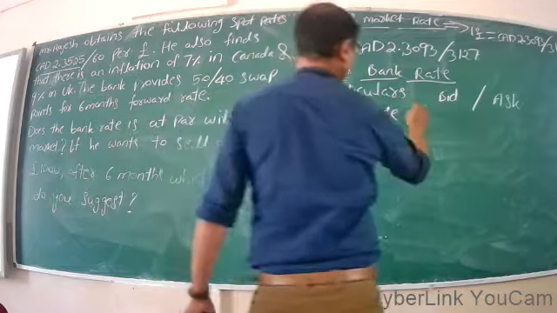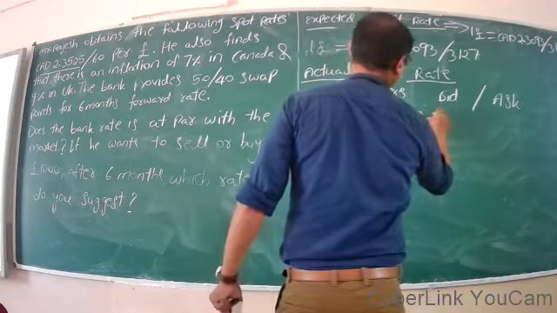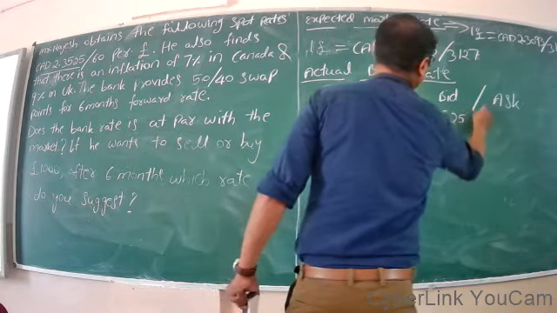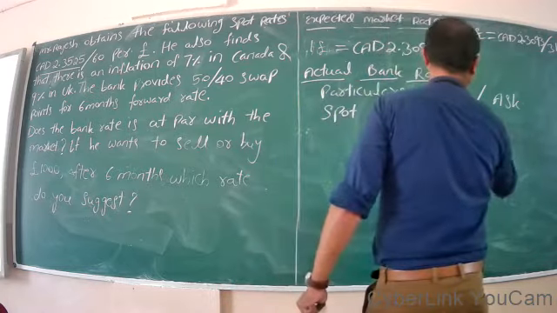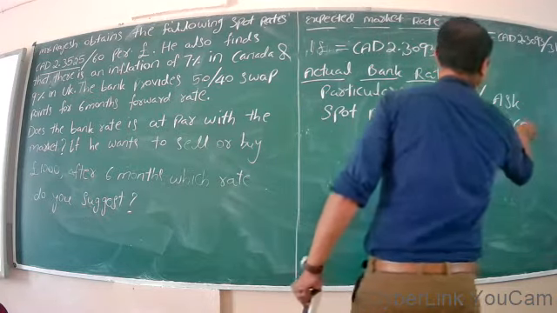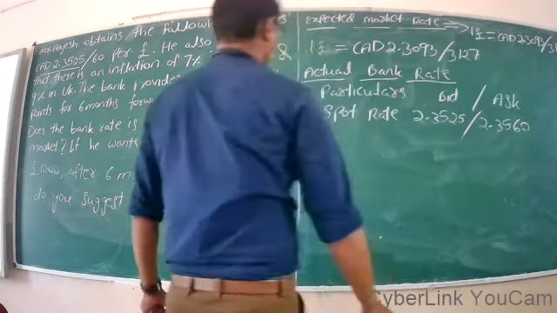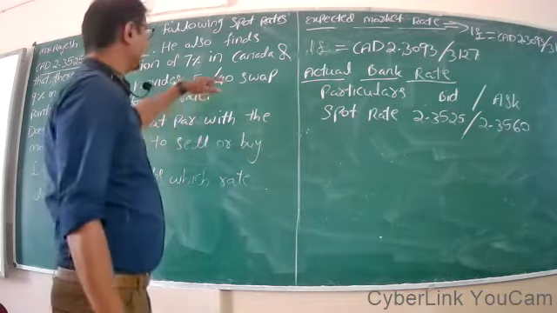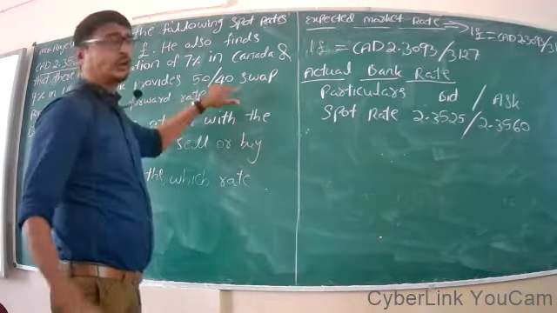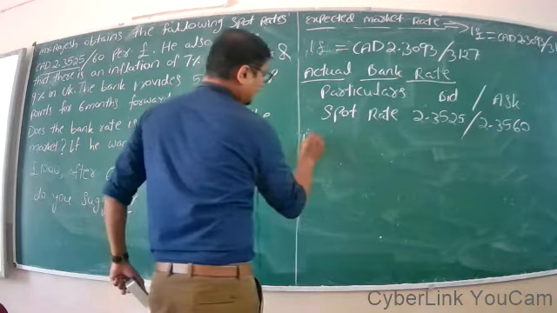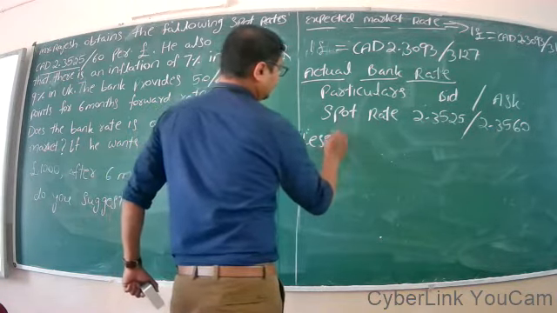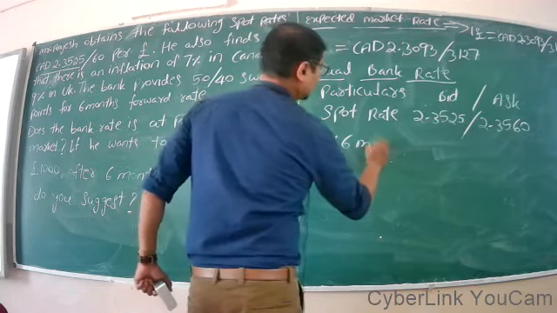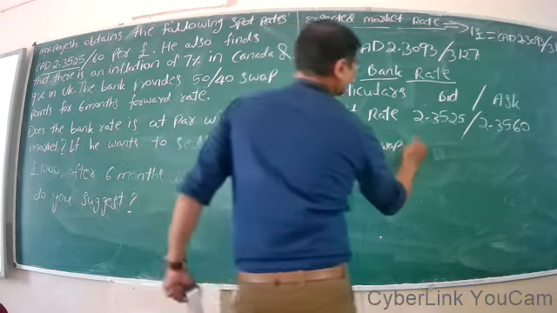Spot rate given is 2.3525 / 2.3560 in the given problem. So the bank swap point is given 50/40. Since it is in decreasing order, we have to deduct it from the spot rate. Less 6 month swap is